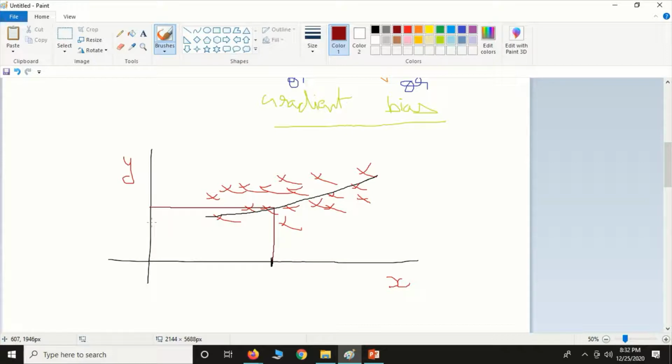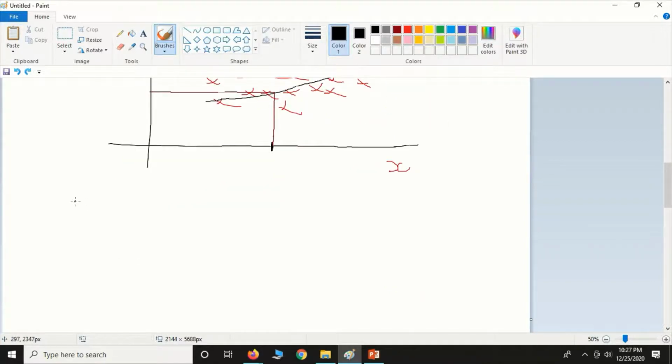The y value is called the prediction. This is how we will use linear regression to give the predictions with the help of this straight line. We must fit this straight line more accurately inside the data so that the prediction accuracy will be high, so that for what values of x, what y values will be predicted.